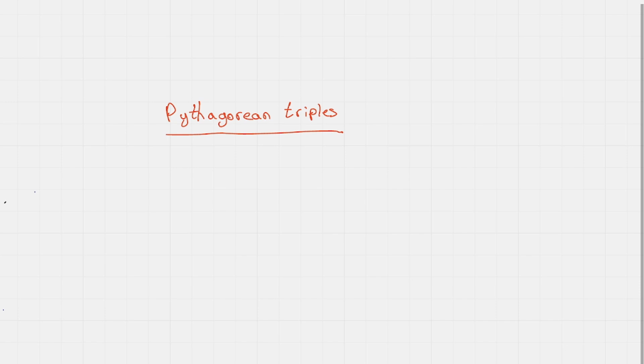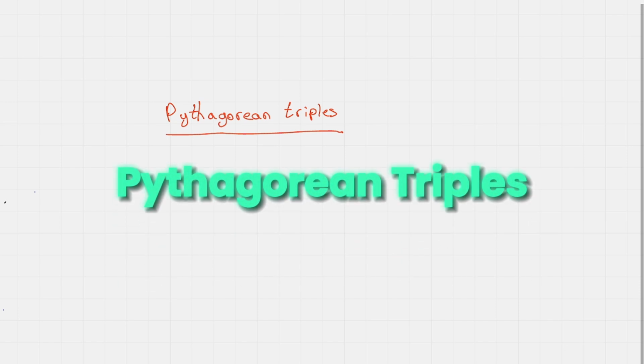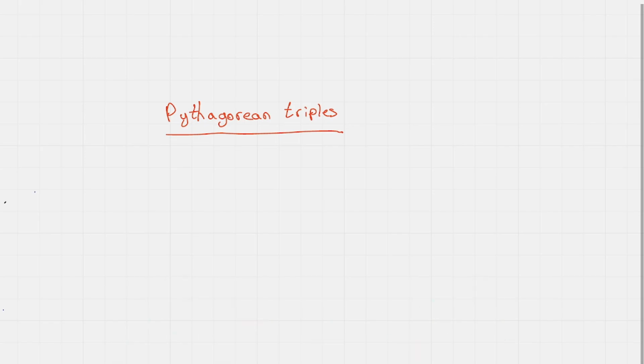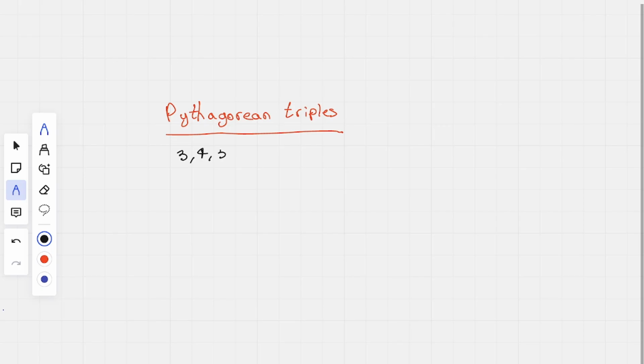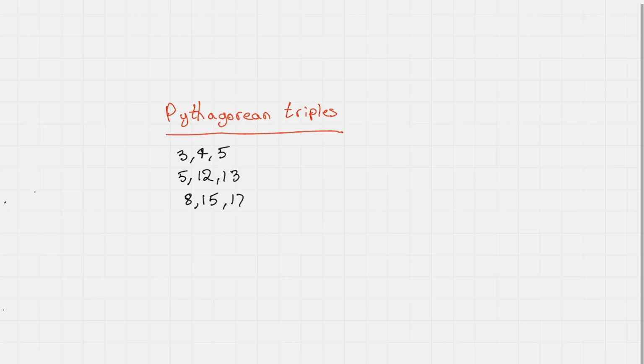Okay, before this video ends, I want to tell you guys about Pythagorean triples. These are technically values or lengths of the right angle triangle which perfectly make it a right angle triangle. These are the main ones I'm telling you. There are so many more, but these are the main ones that mostly come across tests and assignments. So we have 3, 4, 5, 5, 12, 13, 8, 15, 17, and let me just write one more,